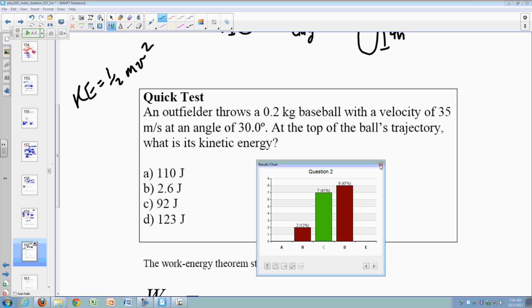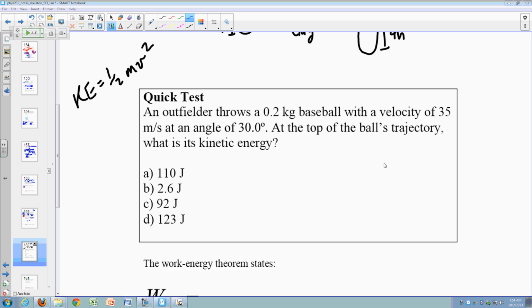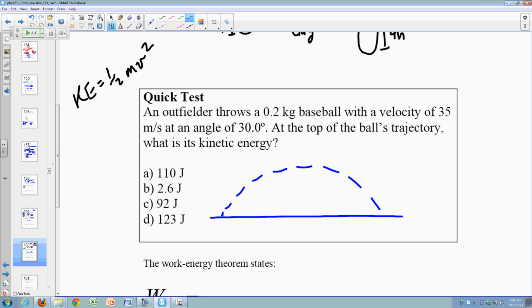Let me show you why. Because remember, this comes back to our projectile motion. If I have something that's in this sort of path, and at the top of the trajectory, I want to know its velocity at the top, and the velocity is only the velocity in the x direction. So the velocity in the x direction at the top is equal to v naught times the cosine of the angle theta. So if I want to calculate my kinetic energy, it's going to be 1/2 mv squared, which is